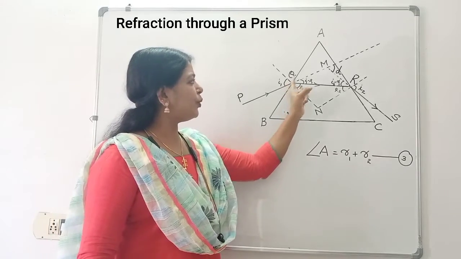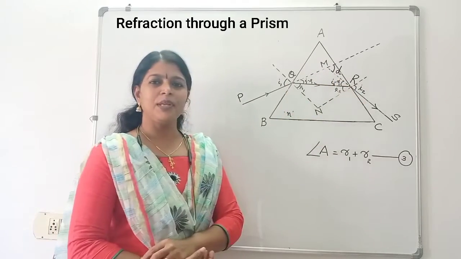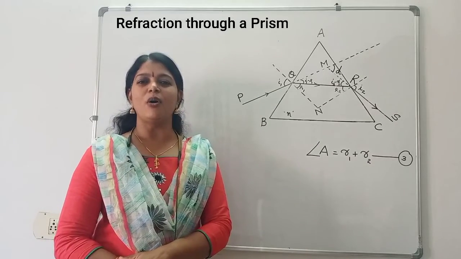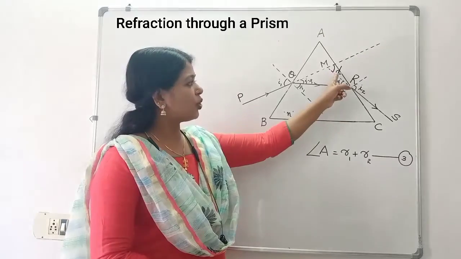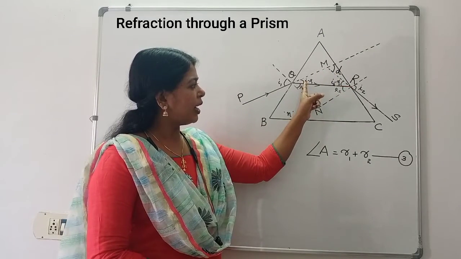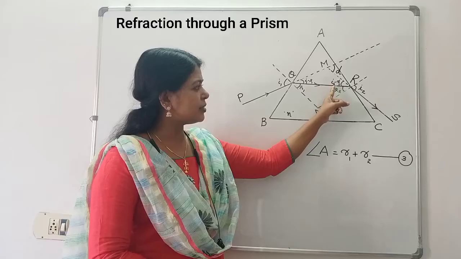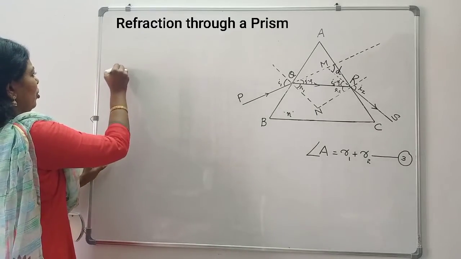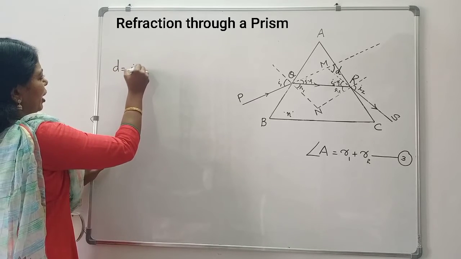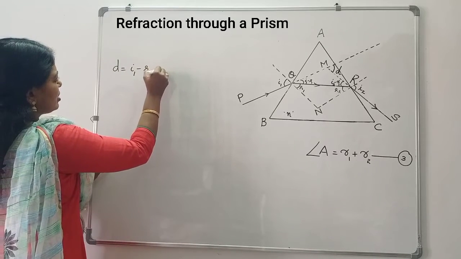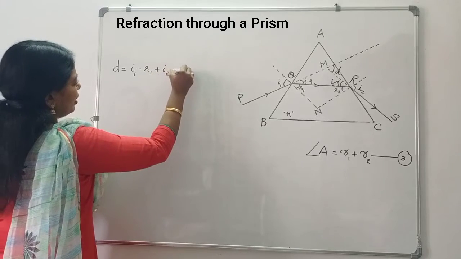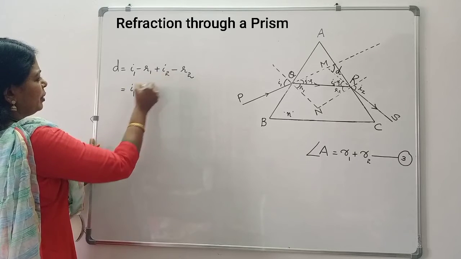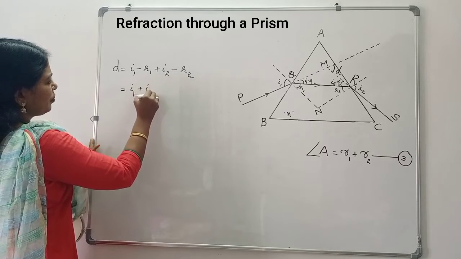From triangle QMR, exterior angle is equal to sum of interior opposite angles. So D is equal to I1 minus R1 plus I2 minus R2. That is equal to I1 plus I2